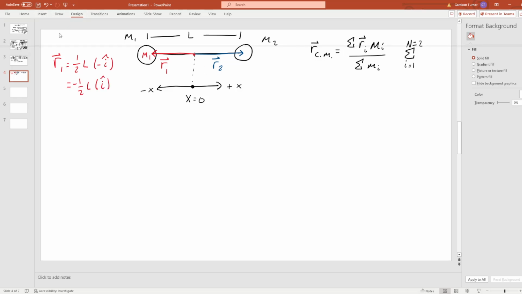And R2 is going to be 1/2 L in the I direction, right? So then my center of mass is going to be